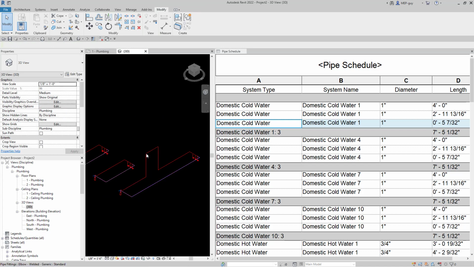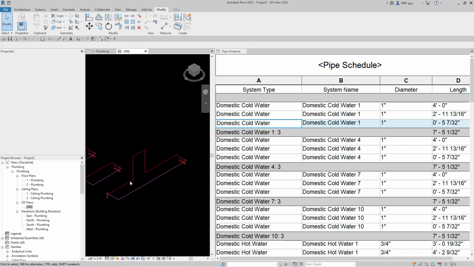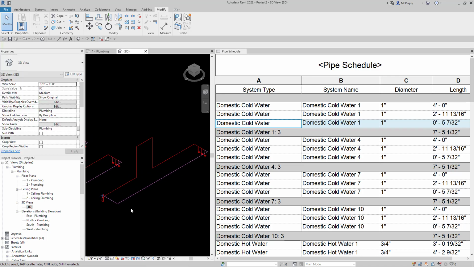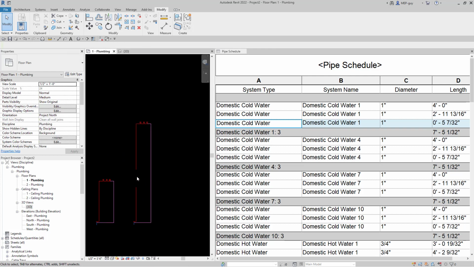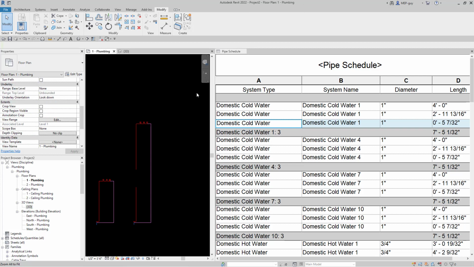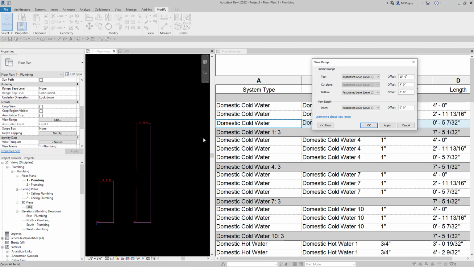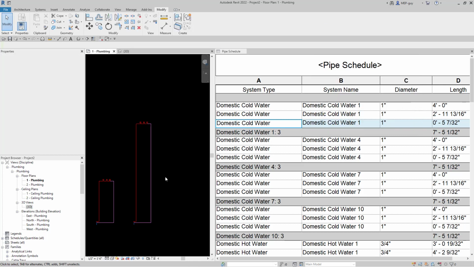So if I need to measure this, you can imagine if a whole loop was going through the building, it would be pretty tough. So I do have a really cool technique for you guys. So here we go. It's not even showing this piece of pipe because my view range is off. Let's change that. Click on view range, and let's just make the top unlimited for this right here